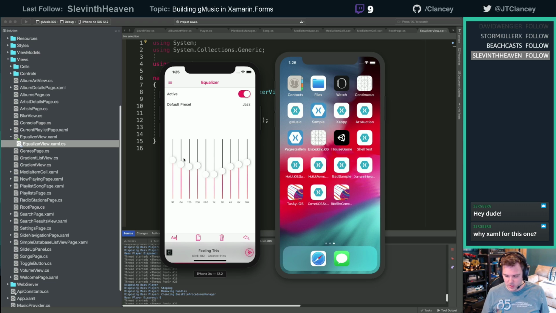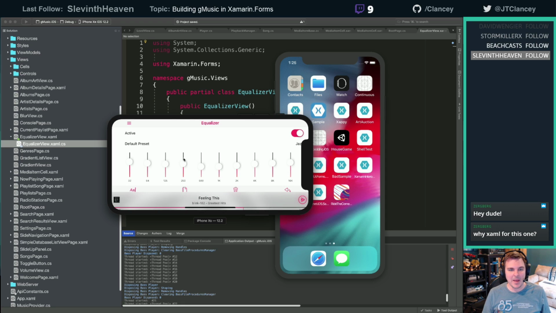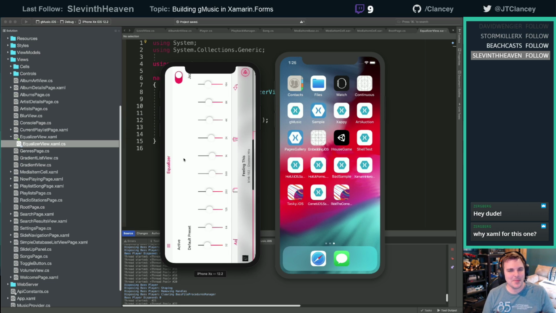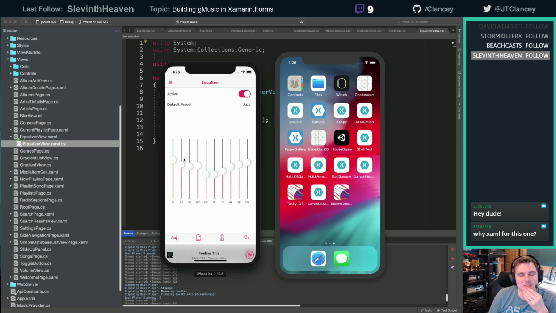In the old one, what it does is it does the math. So it can do that, which looks really, really funny. Let's be honest, it does. But I don't know what else to do. It's just so many sliders in a row.